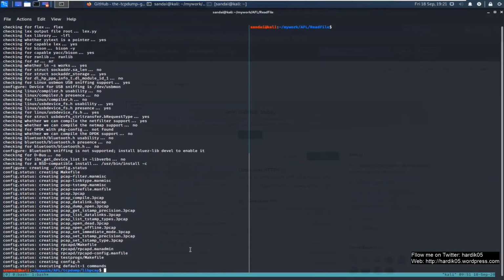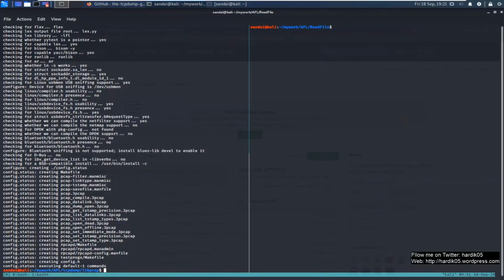So looks like our config was successful. Now since config was successful, I am assuming that our make will be successful. Otherwise this video will become too large if I go ahead and test it. So I'm going to cut short over here, and now what I'm going to do is compile libpcap using AFL with ASAN enabled, and we will compile it in 64-bit mode.